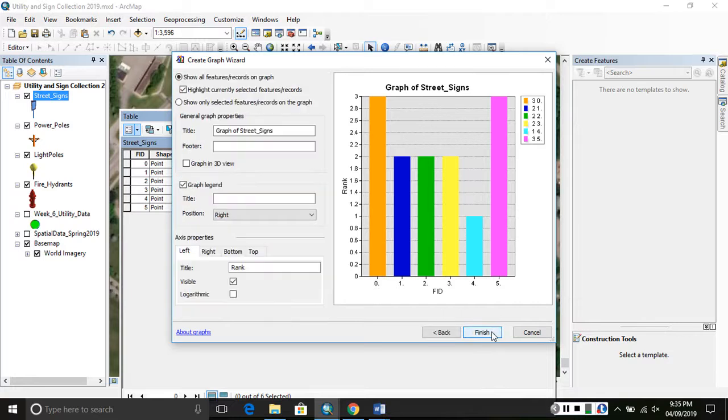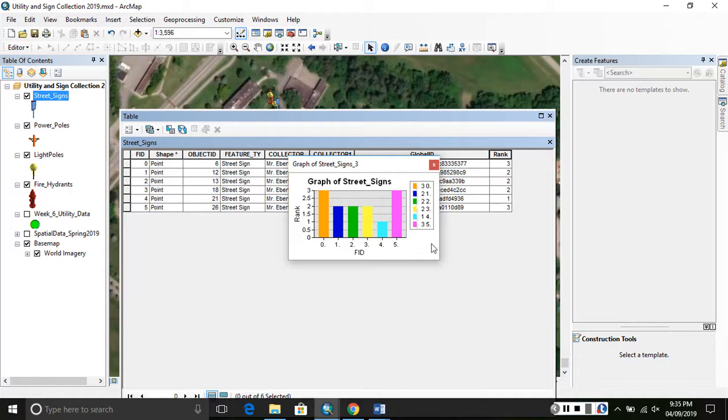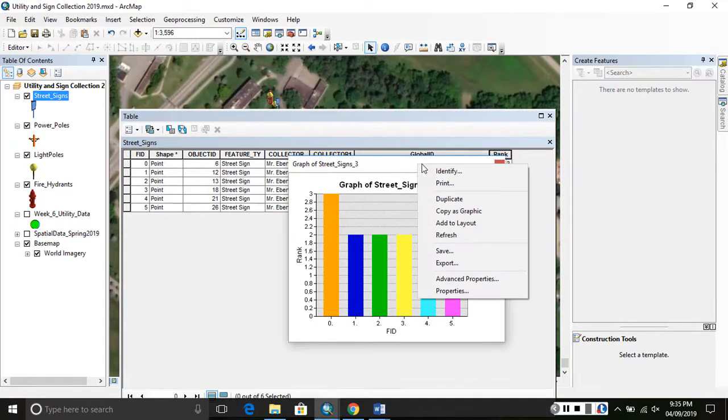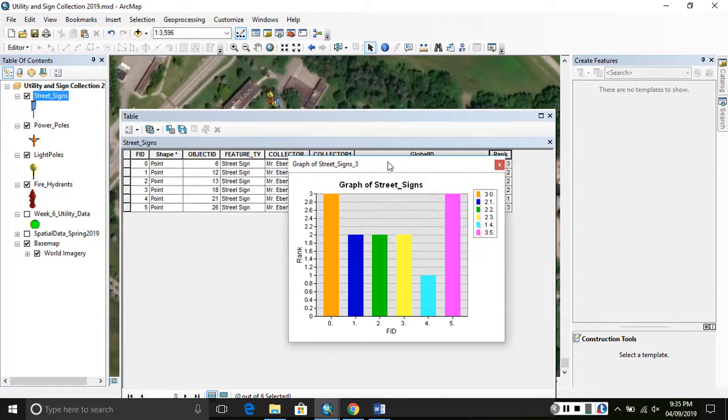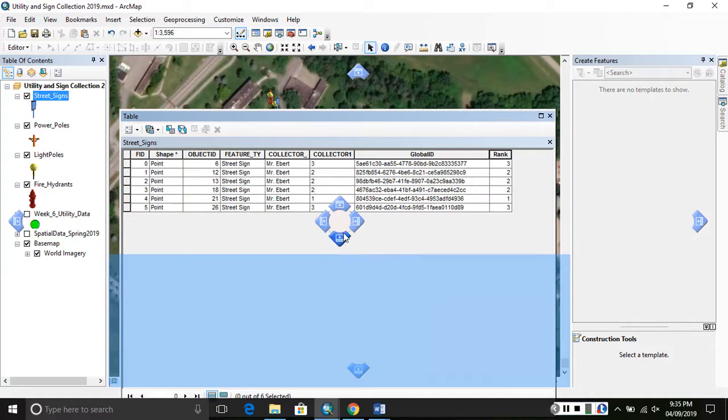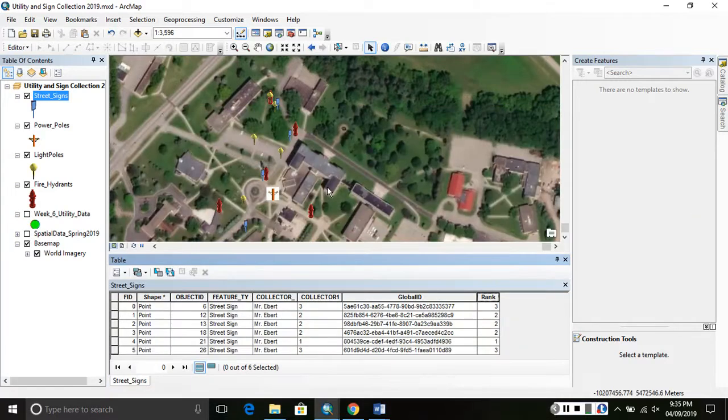So if you wanted to do that, you could, and generate a little title here for it, and there you'd have a graphic that you could embed or copy as a graphic to paste in your report. But again, you do not need to do this, but if you're a little bit more advanced, I encourage you to take advantage of some of these ways to incorporate some different visualizations in your write-up,